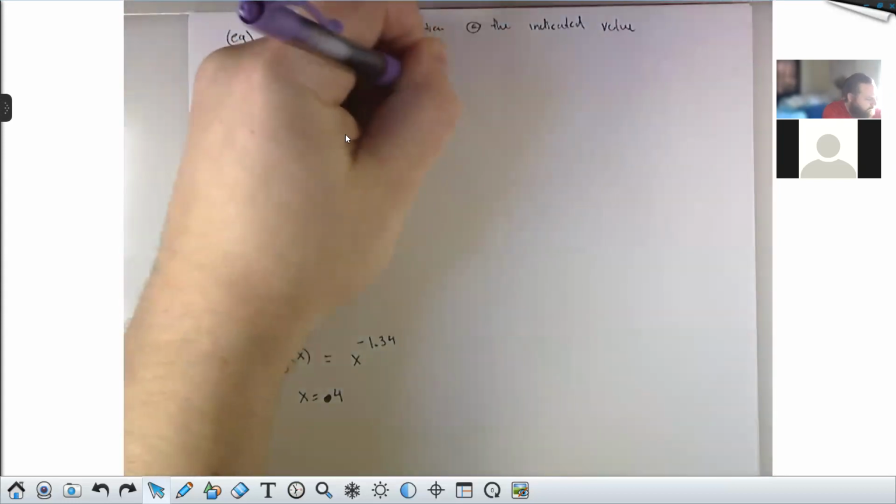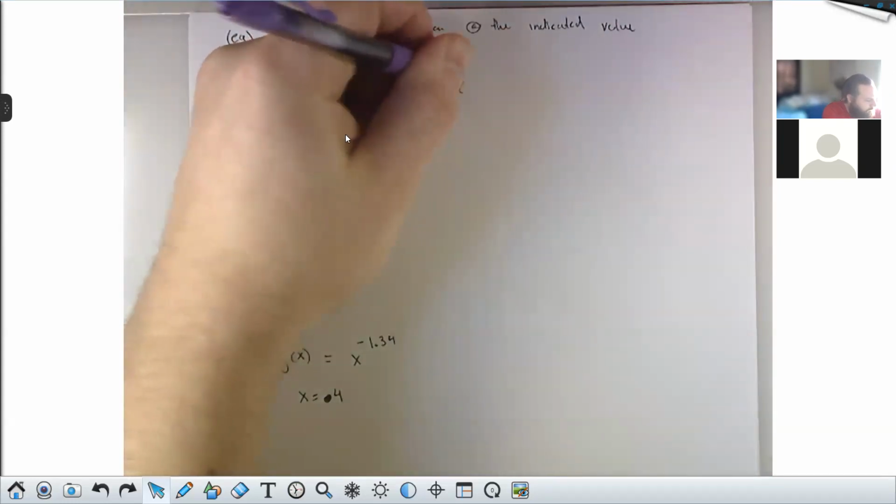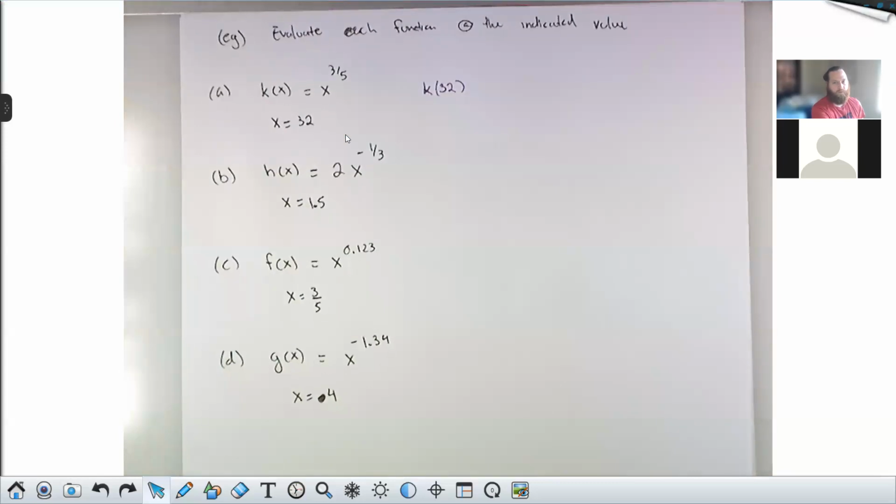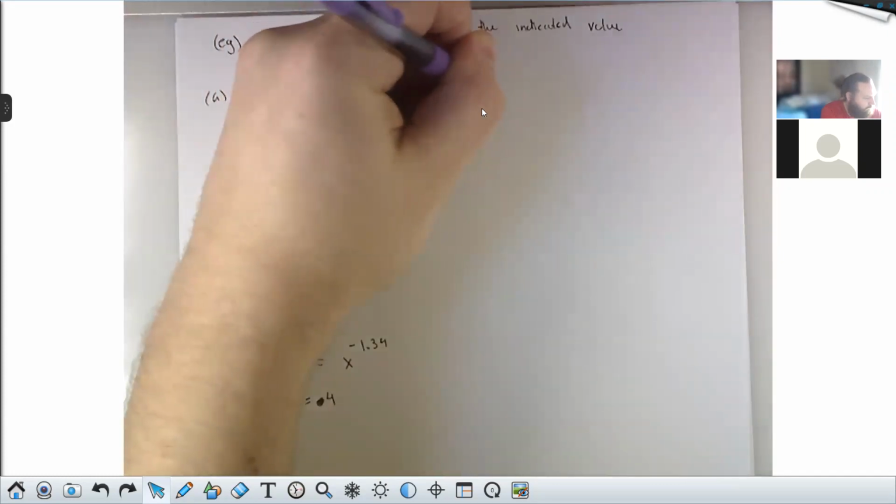That means I'm looking for k of 32. And again, one of the main points of this section is just to get you comfortable with the function notation. So if I want to evaluate this function at the input x equals 32, that means I'm going to replace x here by 32. And we really should write that, k of 32, and then this is equal to